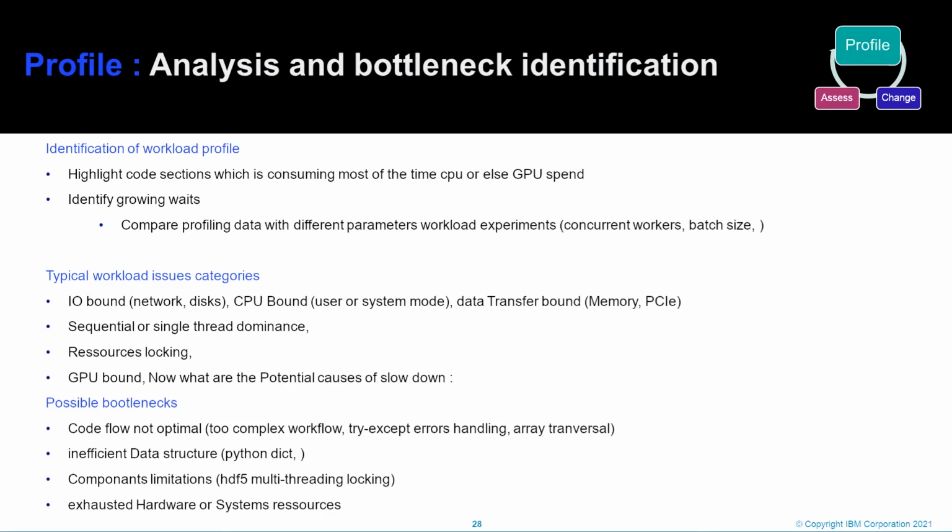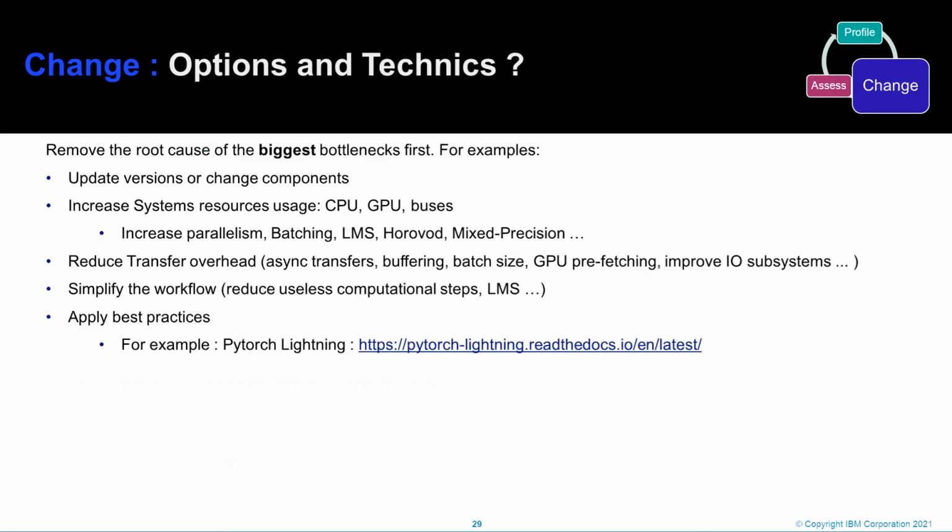The array traversal is poorly done, or the workload is too complex, and so on and so on. So when you want to switch to the change part, you have to consider the biggest or the worst bottleneck first, for sure.